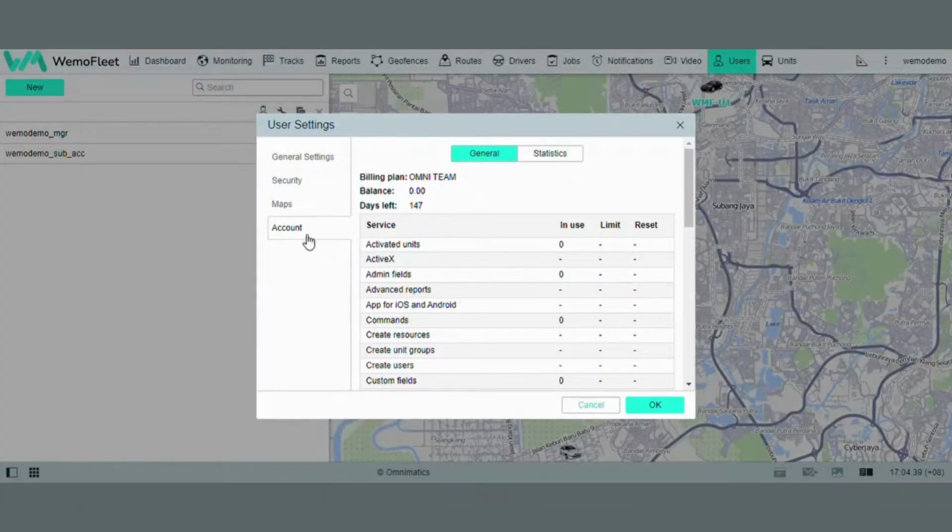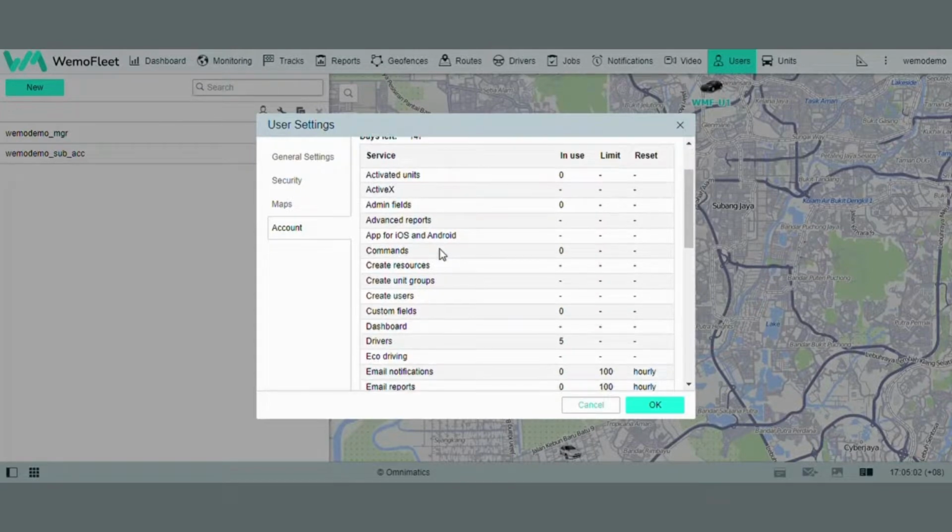In the Account tab, you will find the general information and statistics of your account. However, do note that this tab is only available to users who have access to this information. Under General, you will be able to see the billing plan name as well as a table with a list of available services. The 4 columns in this table are Service, which is an item list of the services allowed